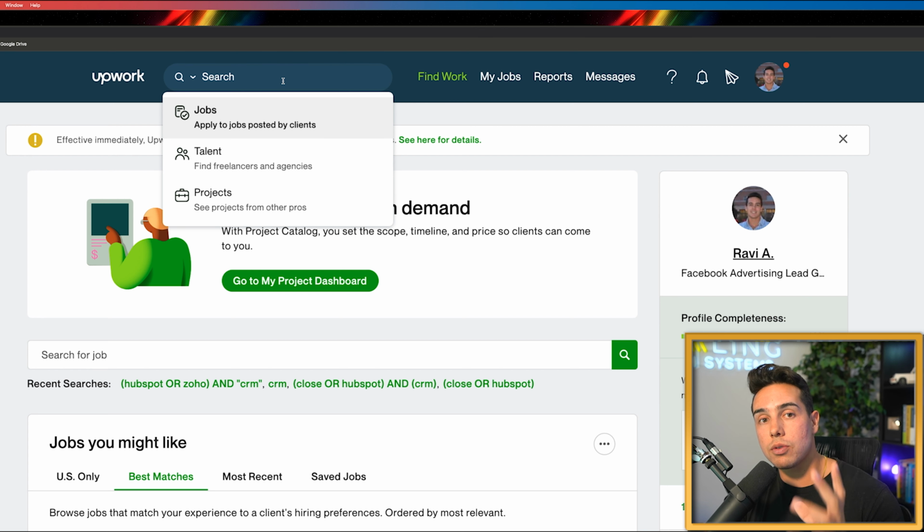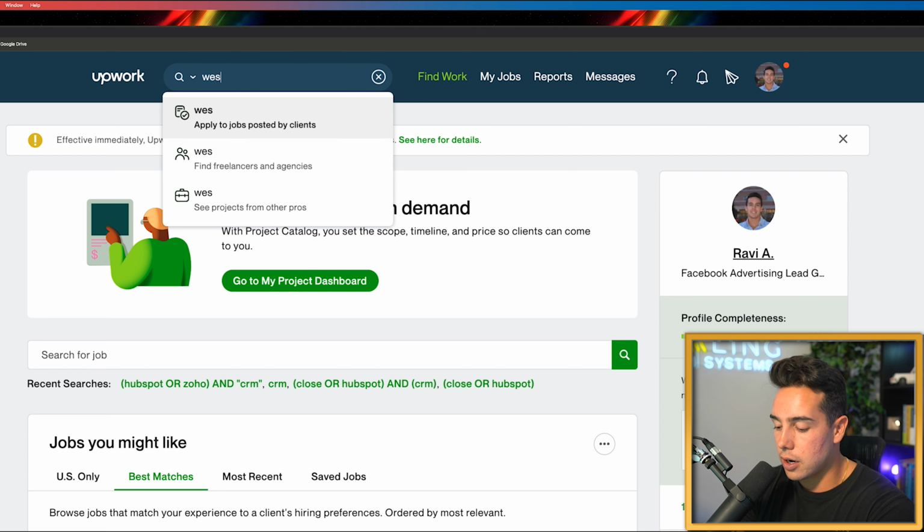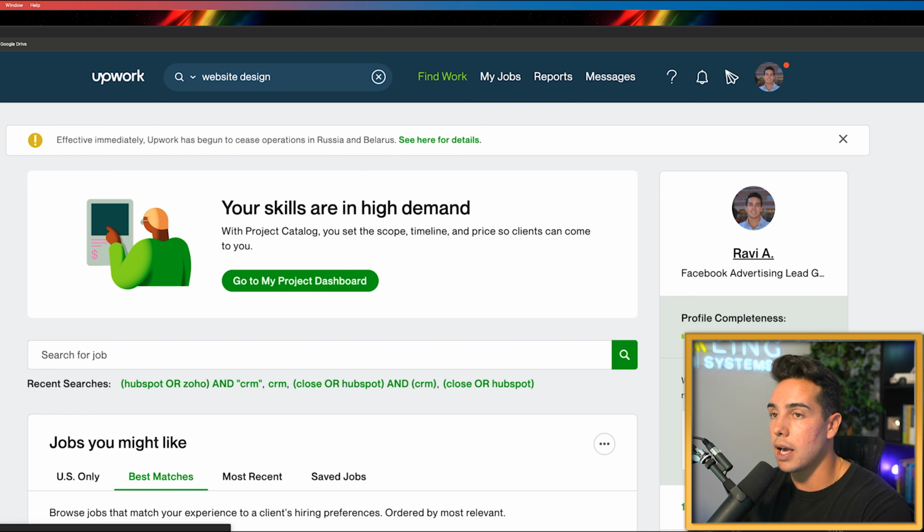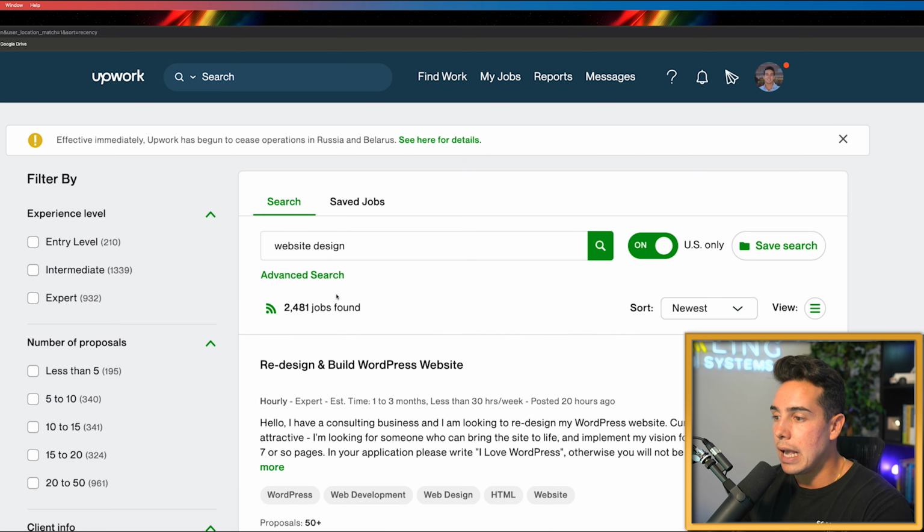Now, I'm going to go into in a second how to create more specific job searches, but for the efficacy of this tutorial here, let's just say that we create websites. So we're a website designer. So I'm just going to type in here and I'm going to say website design. And I'm going to say apply to jobs posted by clients. So click on that. And as you can see, there's 2,400 jobs where someone has typed in the words website